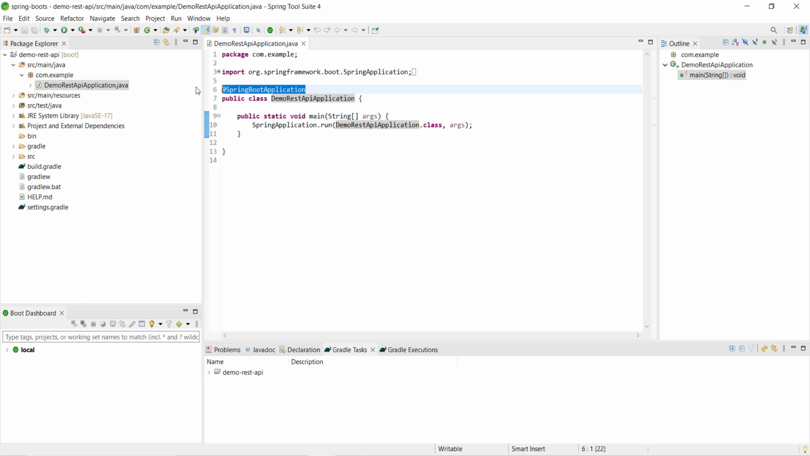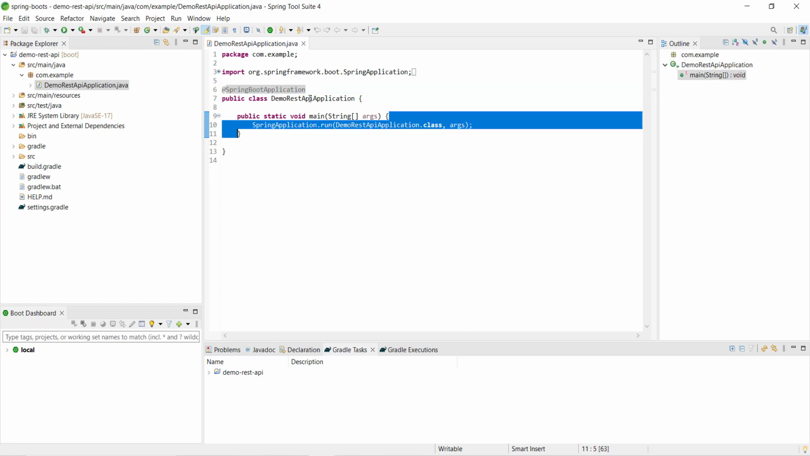So this is mandatory, and remember that in a Spring Boot application, the class with this annotation is basically the starting point of the application. So when we launch the application, it will start from here. Okay, so this thing is important for a Spring Boot application. Now in this project I don't have much code, and this is the basic class with a